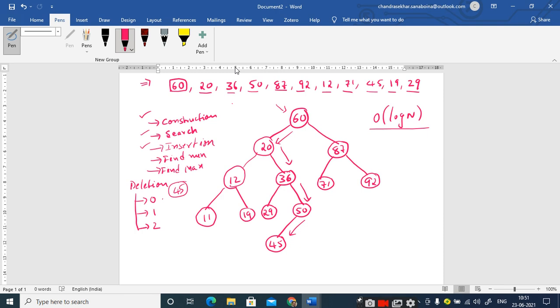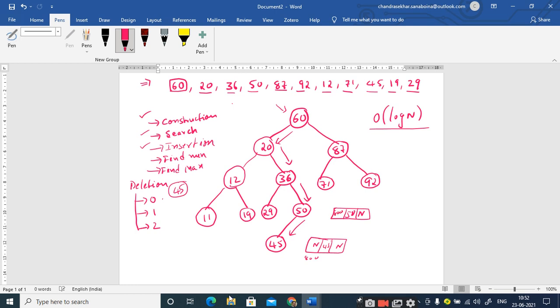Now how are you going to remove it? You can see here the node of 45 has null pointers. So the 45 is placed as the left child of 50, right? If you observe the linked list representation of 50, the left is 45's address, and assume that it is around 800 and here 800 is stored.